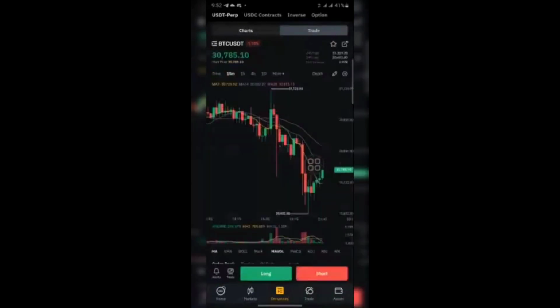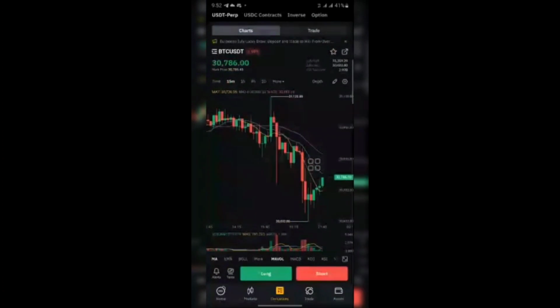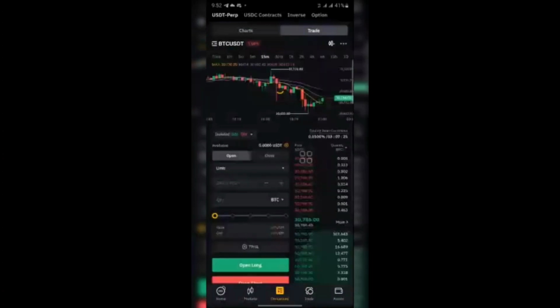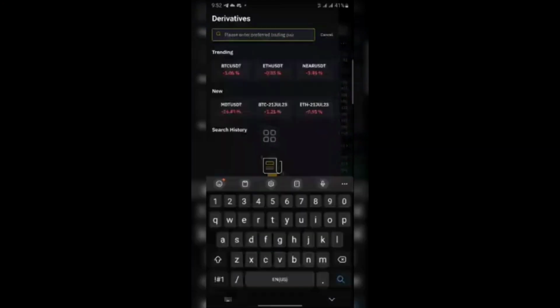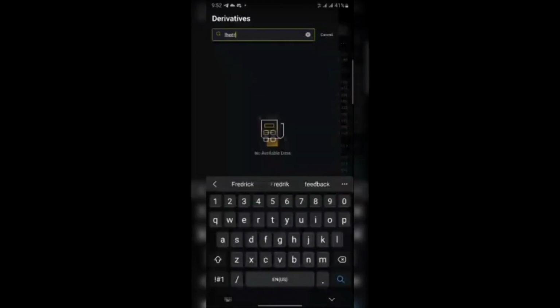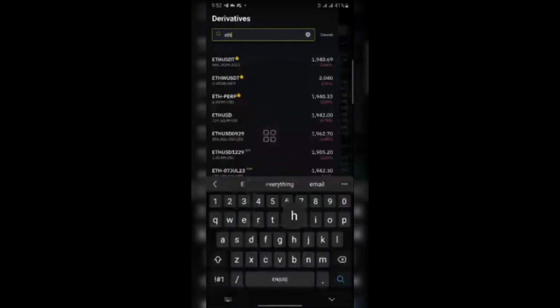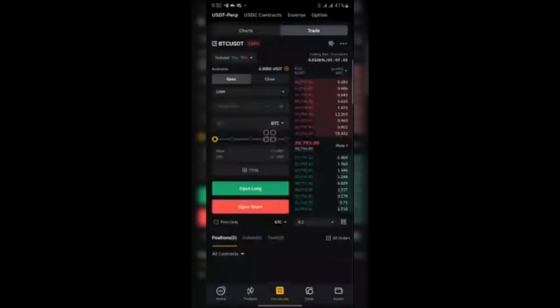Let me close this chart. If there's another coin that I want to analyze, click on this place. The same way that one works too. Do you understand? Look at it, nothing concerned with this open. Let it always be in open. My available balance, the same way it shows.